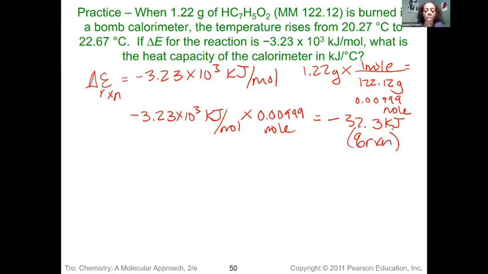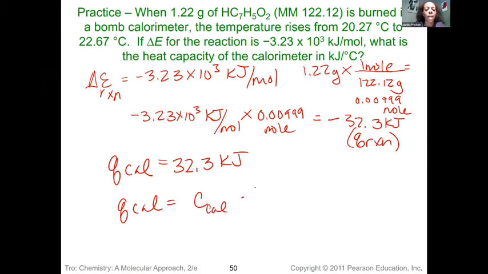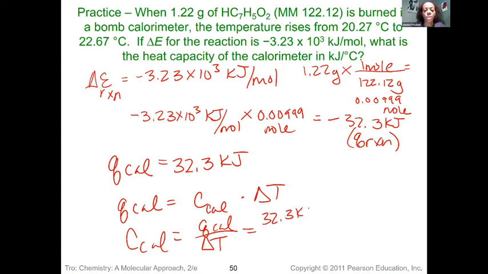That's how much heat the reaction, in this case, if it's negative, lost. So if that's the heat of the reaction, that means that the heat of the calorimeter would be opposite of that, positive. So it'd be 32.3 kilojoules. Well, now if we know the heat of the calorimeter, we can now say that the heat of the calorimeter is equal to the heat capacity of the calorimeter times the change in temperature, and rearrange and solve for Ccal. Ccal would equal the heat of the calorimeter divided by the change in temperature. So that would be equal to the value we just calculated, 32.3 kilojoules, divided by the change in temperature, which